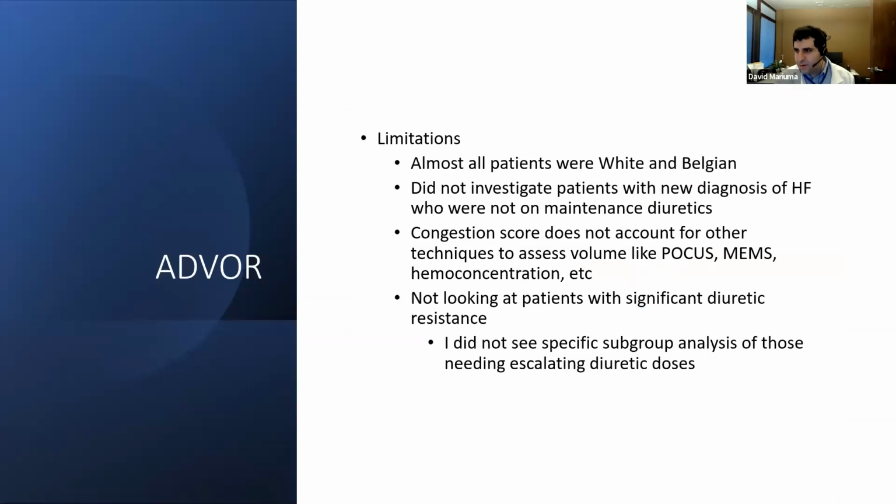What I really want to talk about are my concerns about the limitations with ADVOR. Almost all the patients are white and Belgian, so there's always a question of external validity. They didn't investigate patients who are not on maintenance diuretics with a new diagnosis of heart failure. Their congestion scores don't really account for newer techniques to assess volume. And really the biggest thing is that it didn't look at people with diuretic resistance. So they didn't really do a subgroup analysis of those who needed